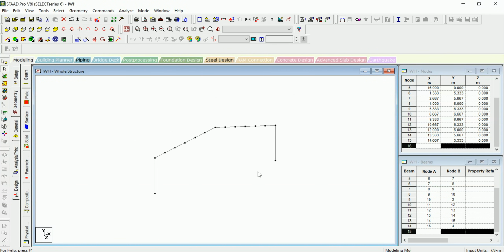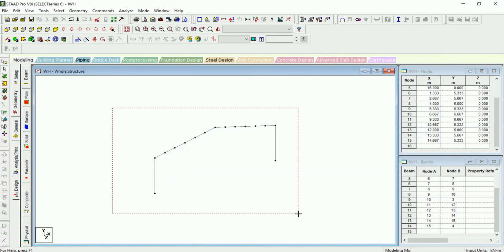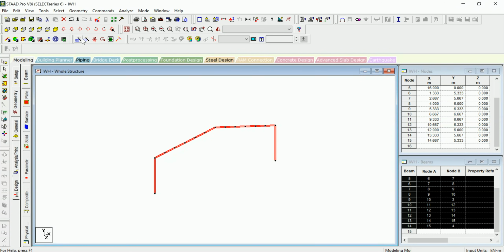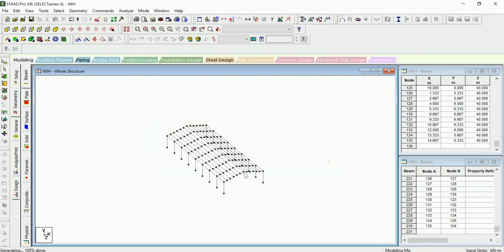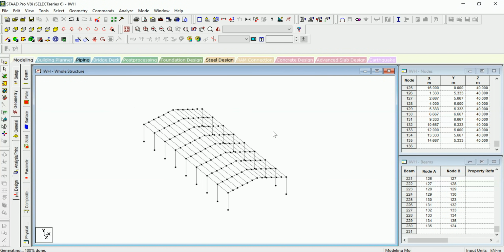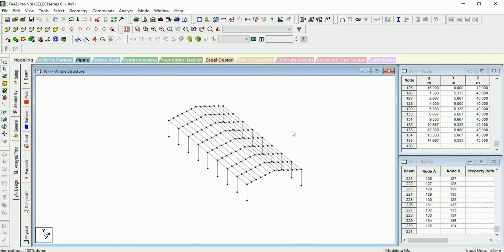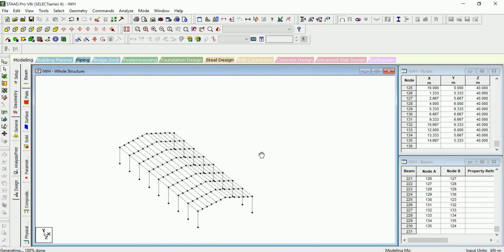Now select your entire structure and translational repeat in Z direction, and the number of steps I need is 8, with a spacing of 5 meters. I will link steps and make sure you click on open base. So this is a bit of my structure, but I need to make it stronger, so I need to